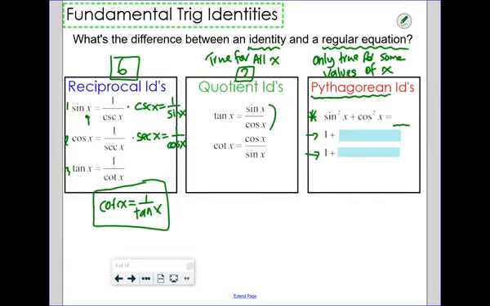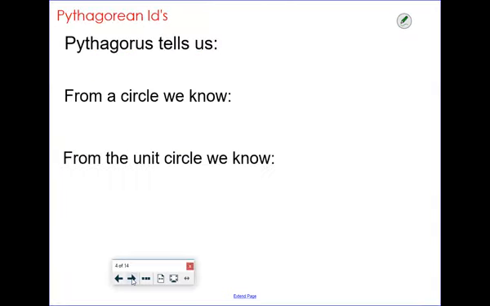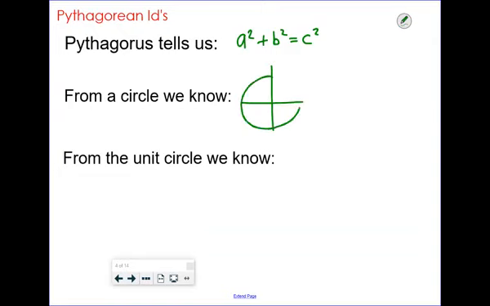Why they're called the Pythagorean identities, and we're actually going to derive them. So, what does the Pythagorean theorem tell us? It tells us that a squared plus b squared equals c squared. From a circle, if I had a circle centered on the origin, if I had any point on that circle